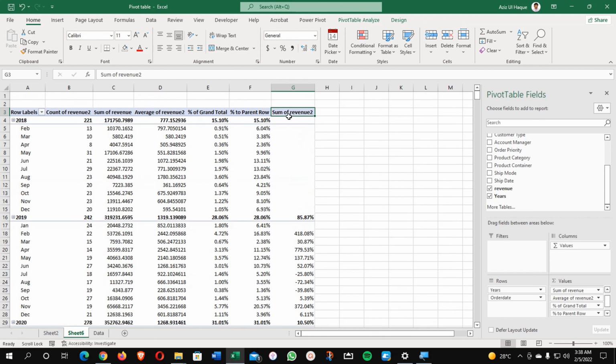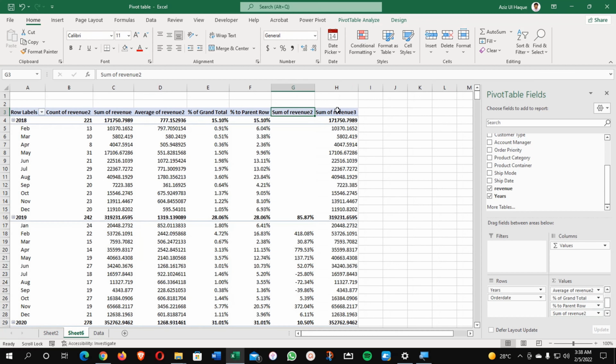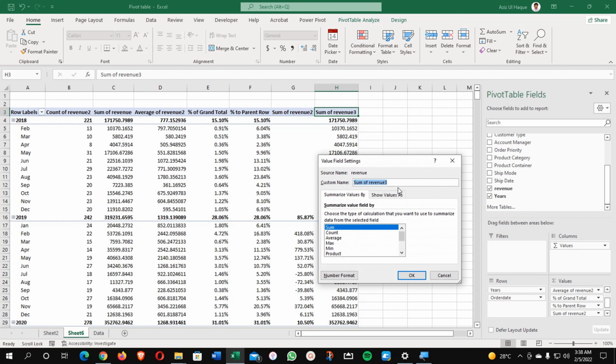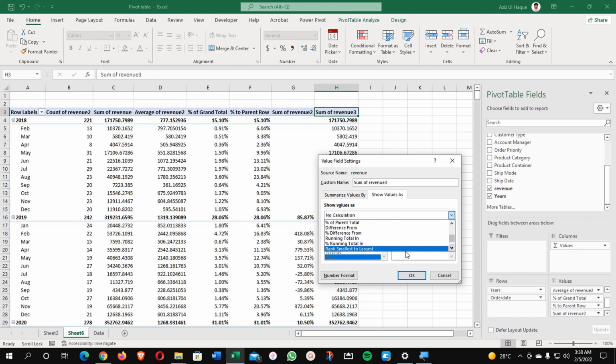Now for example, I'll include one more column here, and I will do the calculation for you. Go to field setting, and I will see here difference from, and there should be percentage running total in value,